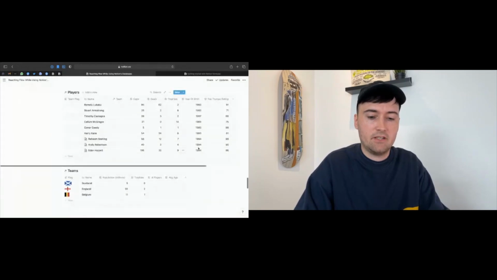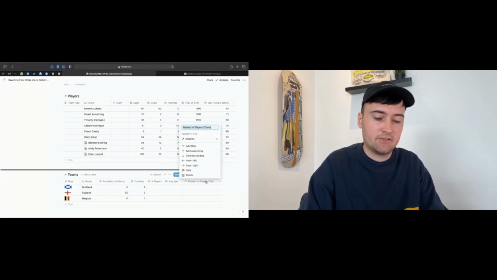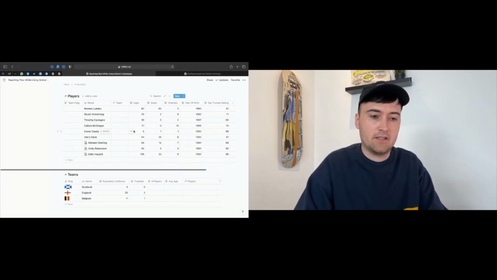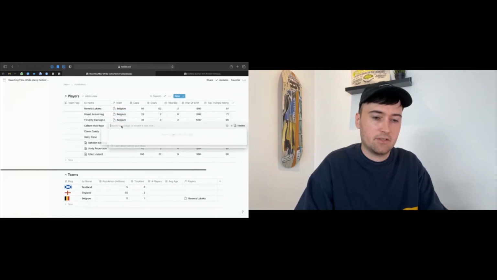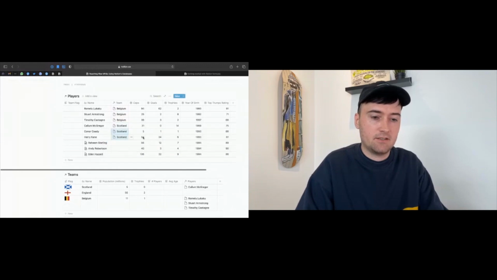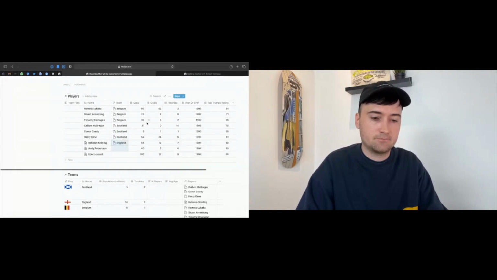And what you'll see in just a second is that automatically creates a link in the other database back to the players database. So we can just call that players. And now that we've got that there, if we just populate this column, so we want to put these 3 players in the Belgium team, these 3 in the Scottish team, and these 3 in the English team,